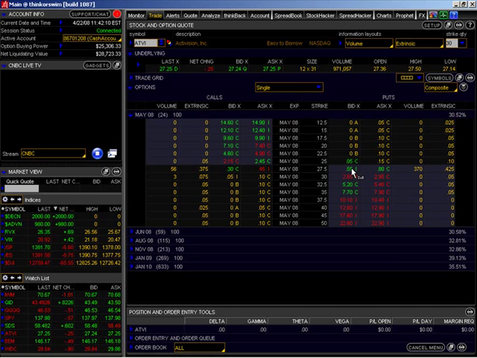The option that gives him the right to sell the stock at $27.50, hoping that it would go down so that he could buy it back at $22.50. If he could buy it at $22.50 and sell it at $27.50, he's made a $5 profit. And that's what his hope is. Now, if the stock doesn't do anything at all, the same exact thing is going to happen to his put option.